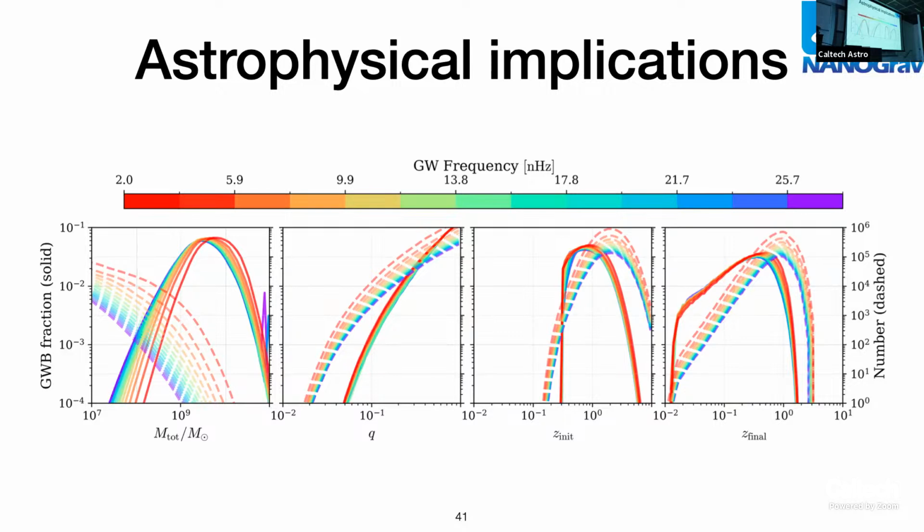On top of that, you want to be able to observe them for a certain length of time before you add them to your data set. So the next data set, I think, will have of order 80 pulsars from NANOGrav, and there are other collaborations that have more pulsars. The nice thing about the data combination for the IPTA is that Parkes Pulsar Timing Array and MeerKAT are sensitive to pulsars in the southern hemisphere, and a lot of those are pulsars that we don't have in our data set.